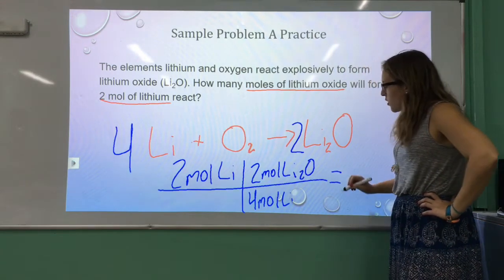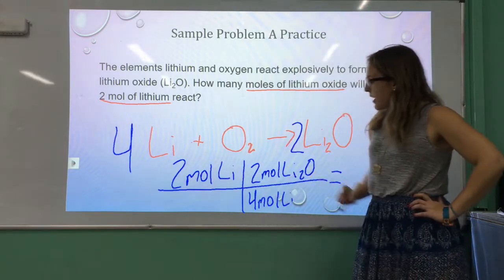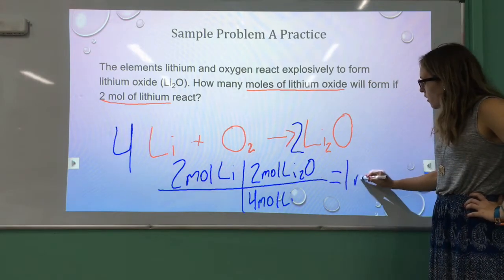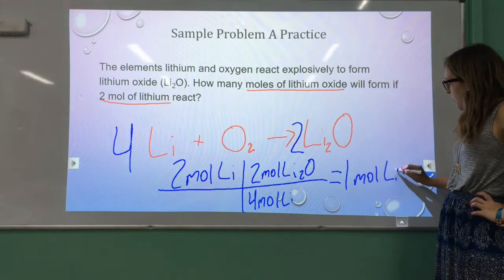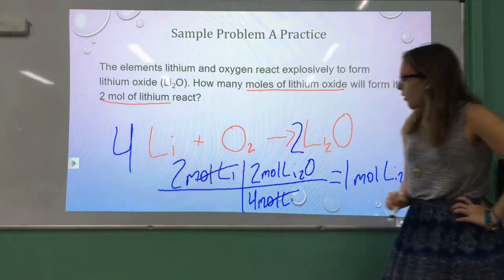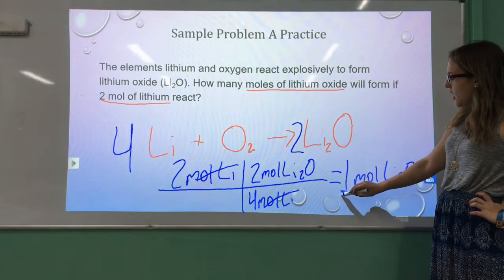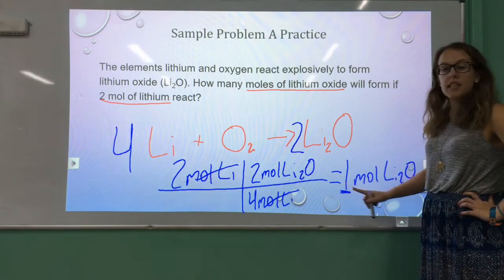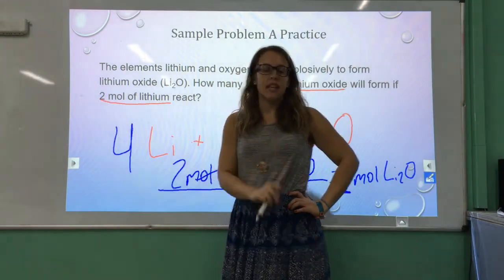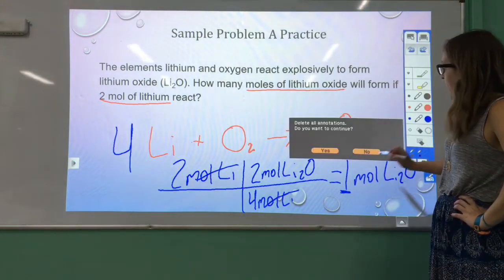And this will give us 2 times 2 is 4, divided by 4 is 1. So we get 1 mole of lithium oxide because the moles of lithium cancel out. And we see that our moles of lithium oxide has 1 sig fig because the moles given to us has 1 sig fig. So then we move on to looking at